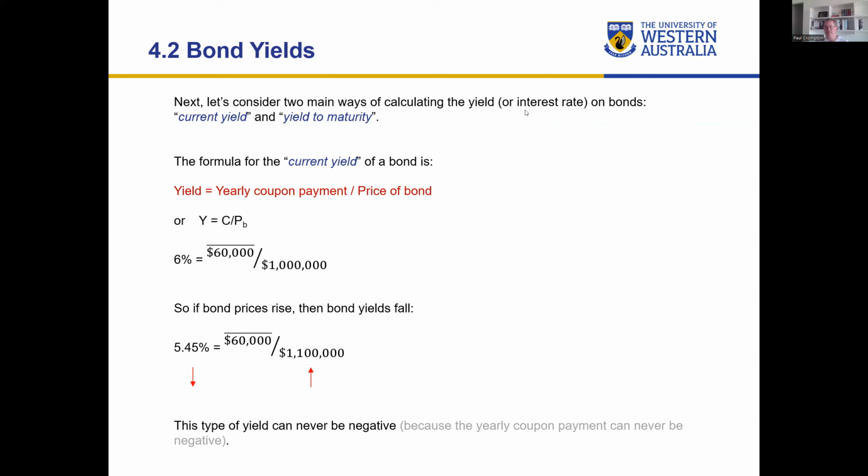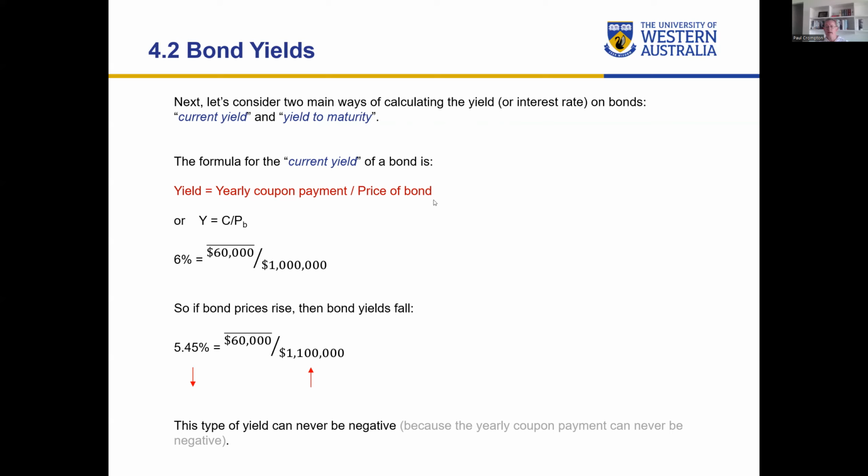It's just that out there in financial markets, so many people use the term interest rates on bonds, even though it's technically not an interest rate, that we'll do the same. So there's really four main ways of calculating the yield on a bond. We're just going to look at the current yield in this video and then the yield to maturity in the next video. So the formula for the current yield is just the yearly coupon payment divided by the price of